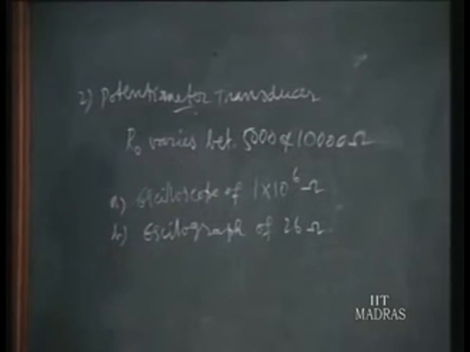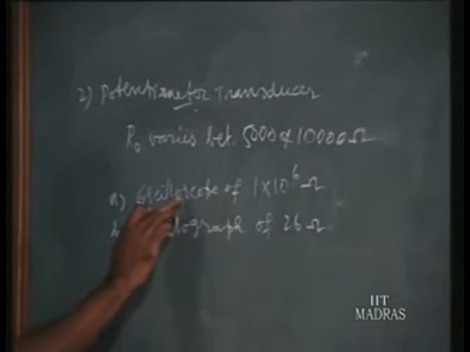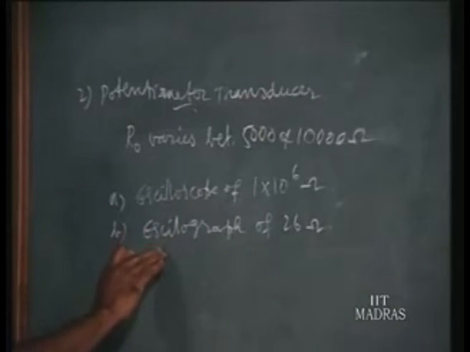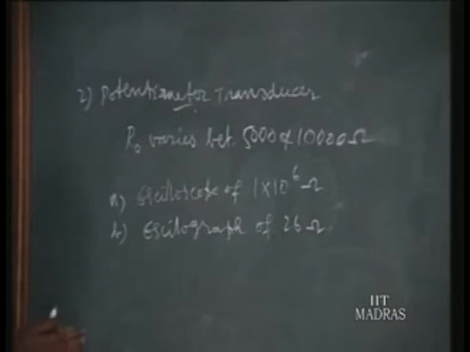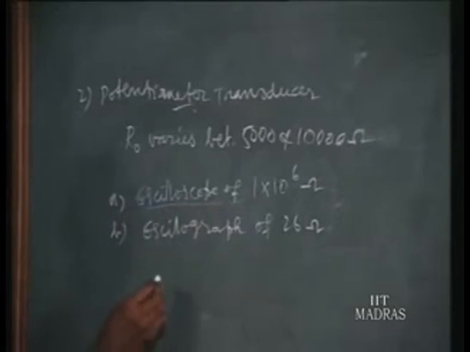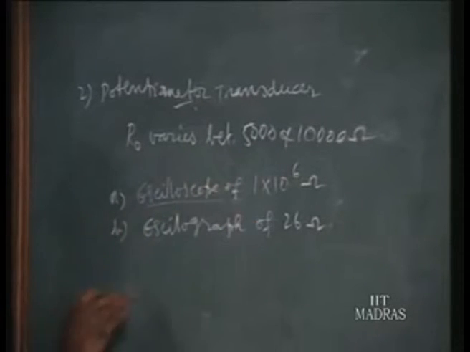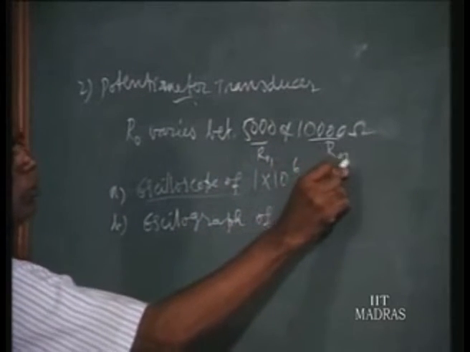Here you are not asked to find out the RO. The values are given in the problem itself, and there are two types of instrumentation. One instrumentation is the oscilloscope, as in the previous case, and the second instrumentation is where you use the oscillograph to record the output voltage. Now what is the loading effect in these two instrumentations separately? Take the first case, the oscilloscope. Because RO has two extremes, the loading effect is also varying between the two extremes. We call them RO1 and RO2 in the two instances.